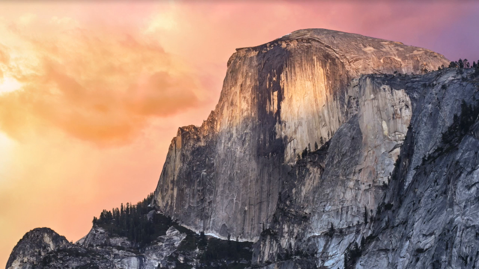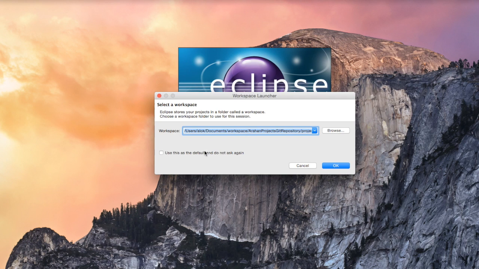So let's go ahead, and when I click on Eclipse, it brings up the Eclipse launcher window and it shows you to choose a workspace. Now you can choose an existing workspace or you can create your own workspace. Workspace is nothing but a collection of your projects for organization purposes, and the advantage is you can simply move the projects from one computer to another and it will work exactly the same on any other Eclipse or any other computer. So I'm going to name this as my